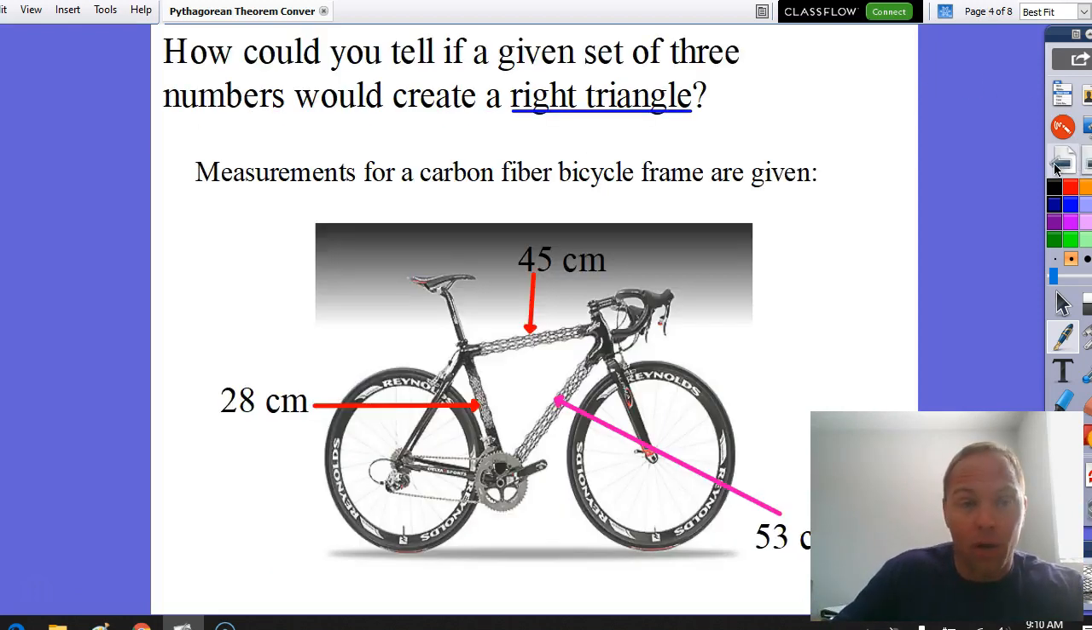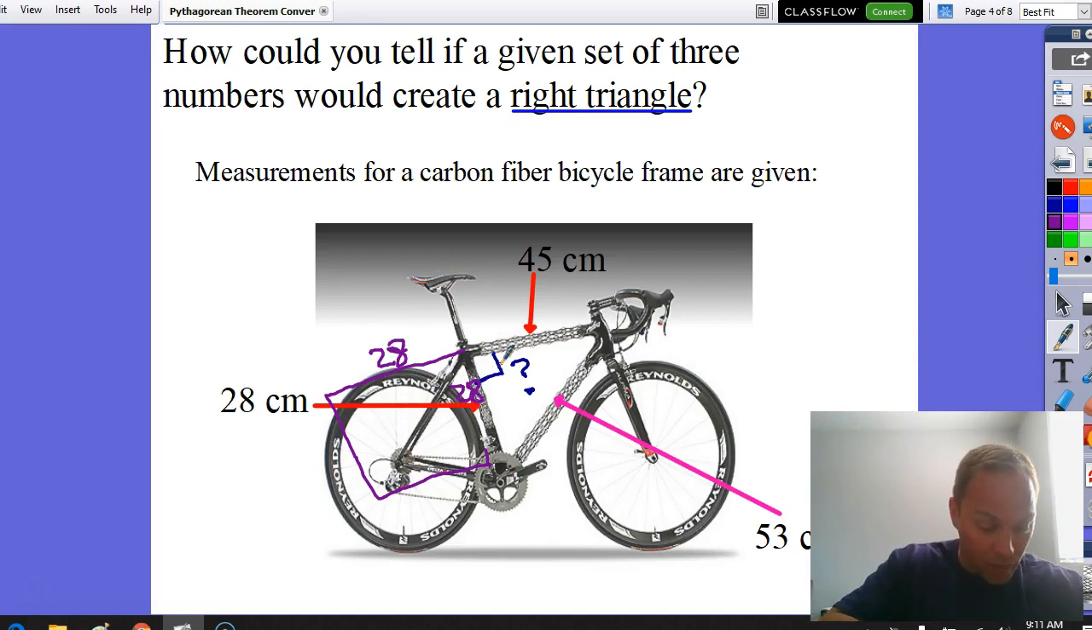So the first example we're going to look at here is in a bicycle frame. So how could you tell if these three numbers make a right triangle? That's the question. Is this a right angle right here? So what you're going to have to do is do the Pythagorean theorem, sorta. It might not be the Pythagorean theorem if it doesn't work. You build a square around here, and you're going to take 28 times itself, right? So what's 28 times 28? Well, you're going to need a calculator for this. 28 times itself makes